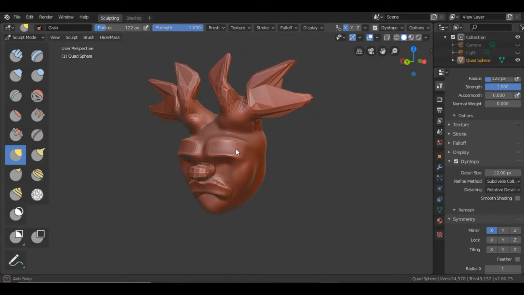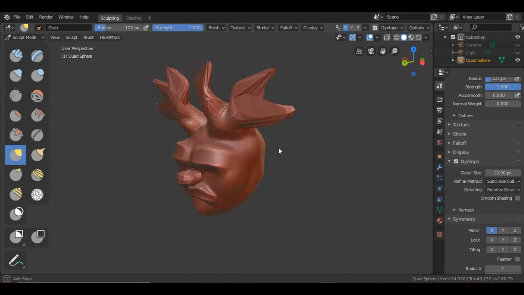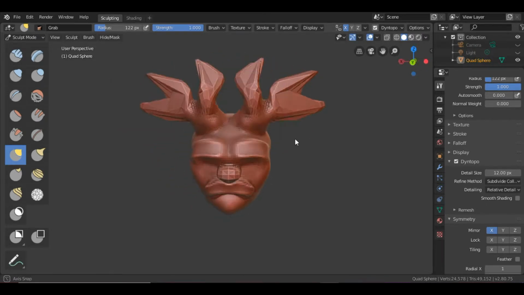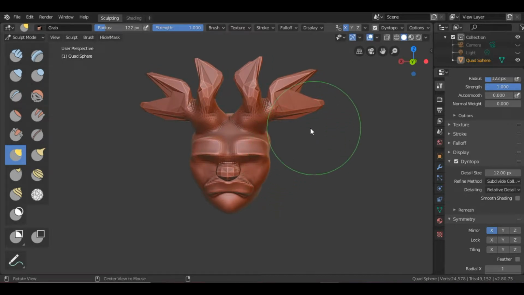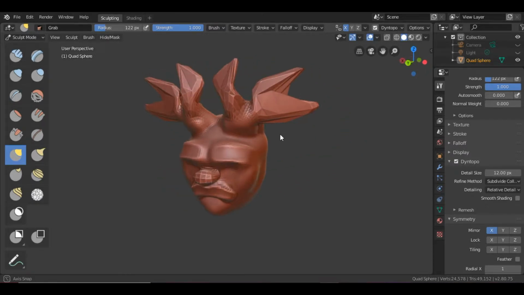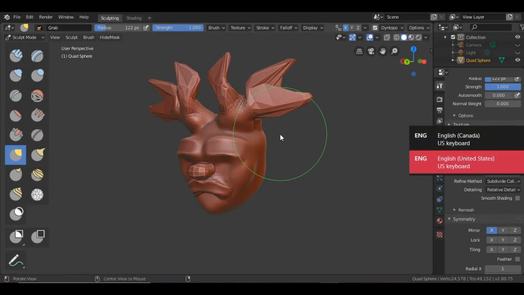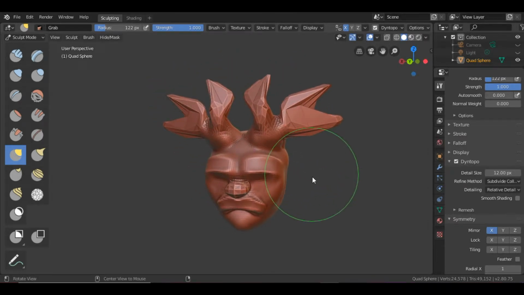The reason why we were not able to add detail before was because the mesh was limited, and we cannot add more detail unless we subdivide it, or by activating Dynotopology. So as we have activated Dynotopology, the best settings for Dynotopo is this. You come here to the detail. Let's leave the detail size for now, and this refine method,